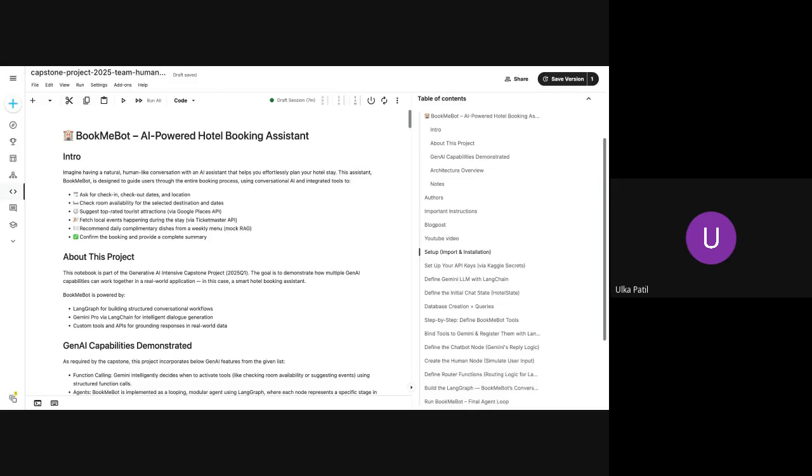Hello everyone. Today I am going to present BookMeBot, an AI-powered hotel booking assistant. This project was created as part of the Generative AI Capstone Q1 2025, organized under the Google Kaggle GenAI Bootcamp program. The challenge was to demonstrate multiple generative AI capabilities like tool use, function calling, grounding, RAG, and agents in a